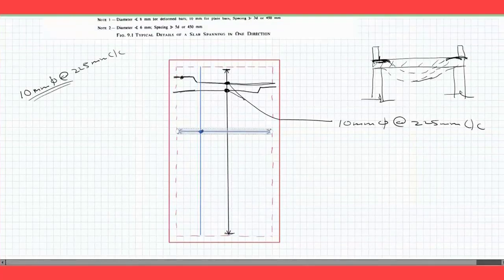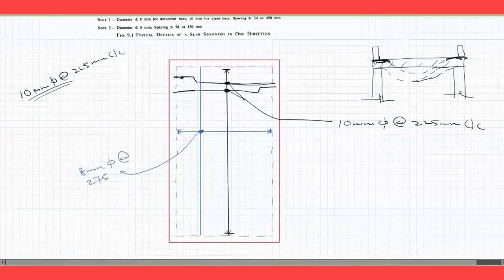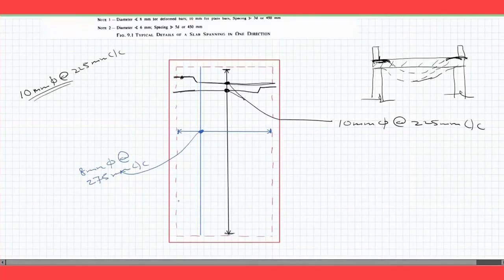It means that the straight bar is going to extend from here till here. And at this dot, you say this is your 8 mm dia at 2 millimeter center to center. So this is provided at the bottom. But apart from this, you'll be providing one more distribution bar at the top. If you're providing it at the top, it means that I have to show it by a dotted line.